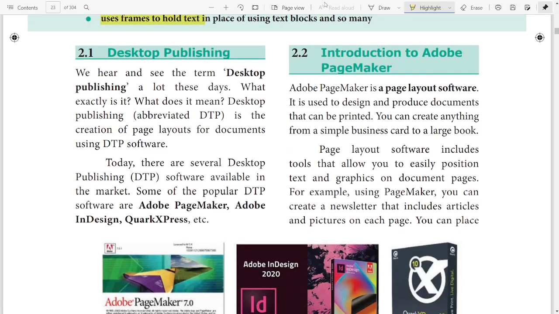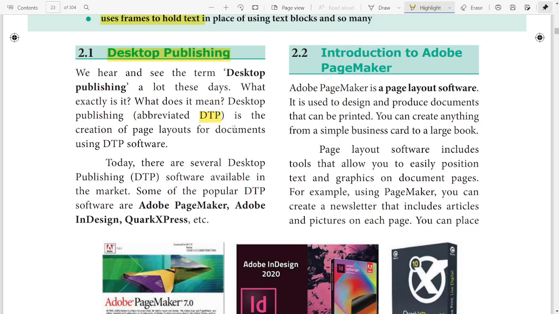So the first one is desktop publishing. We hear and see the term desktop publishing a lot these days. What do you mean by desktop publishing and what does it make? Desktop publishing is abbreviated as DTP.